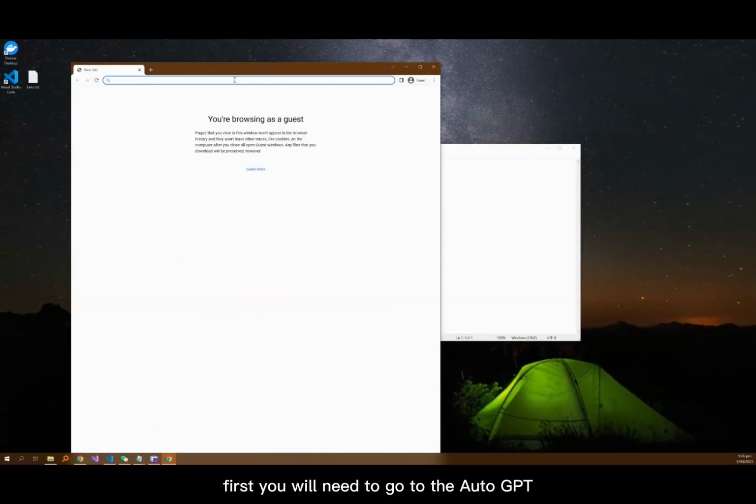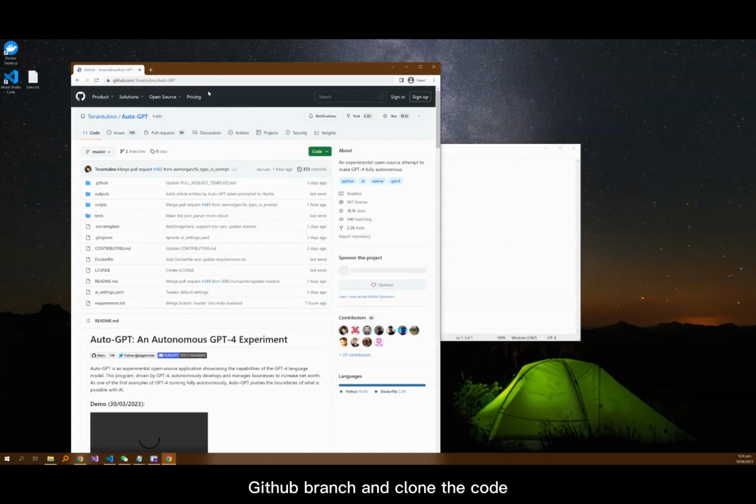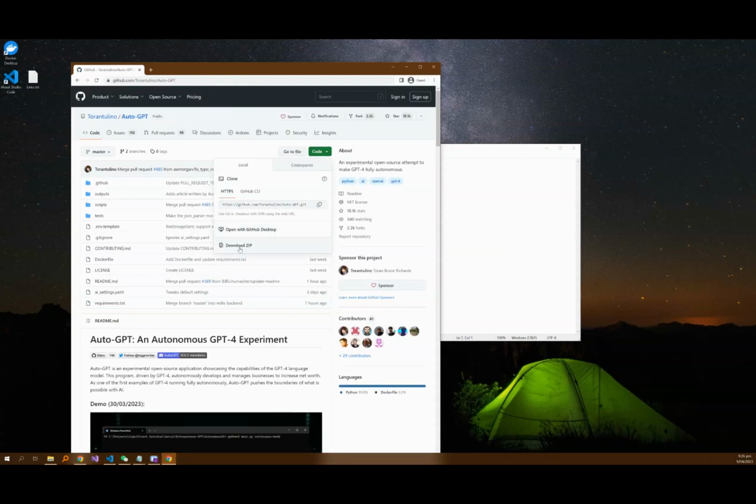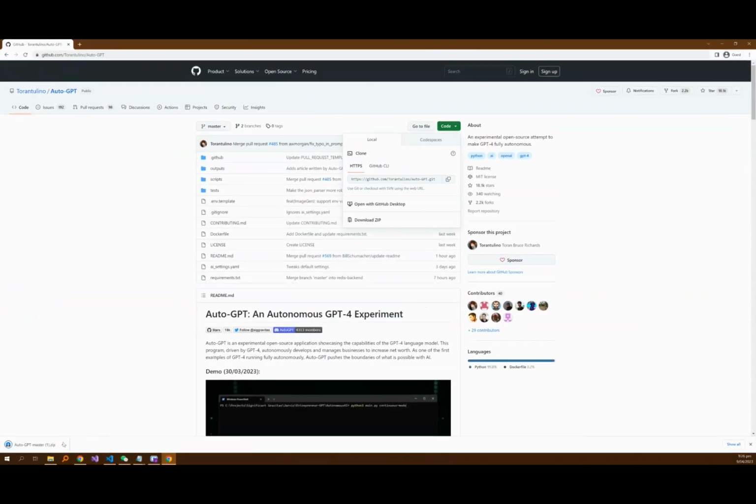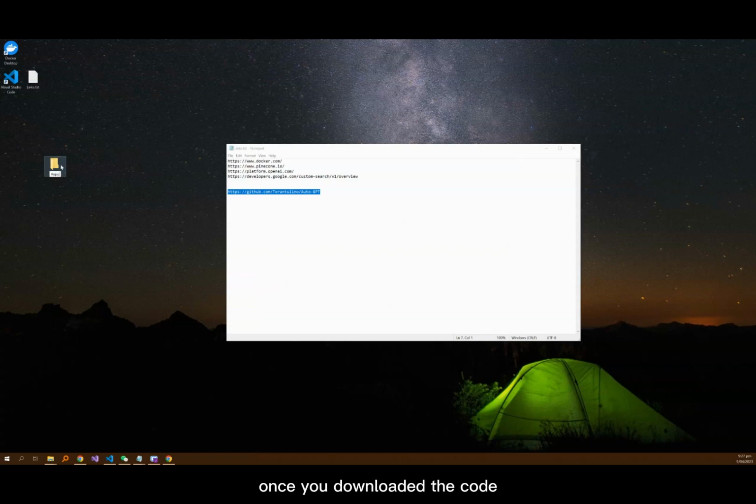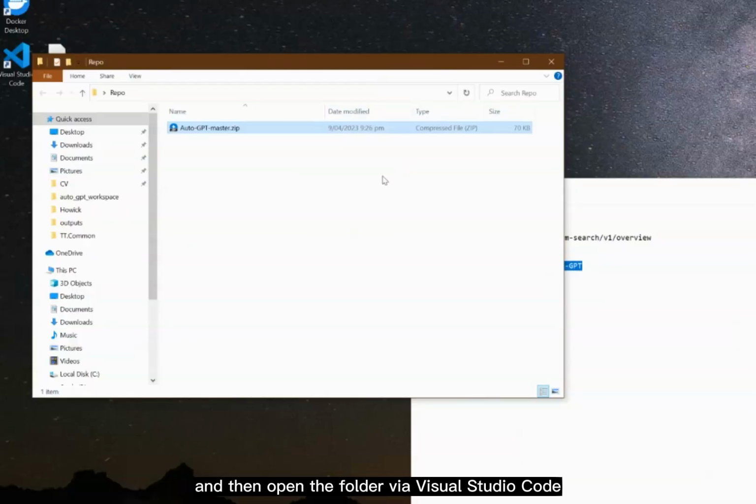First, you will need to go to the AutoGPT GitHub branch and clone the code. Once you have downloaded the code, you will need to unzip it and then open the folder via Visual Studio Code.